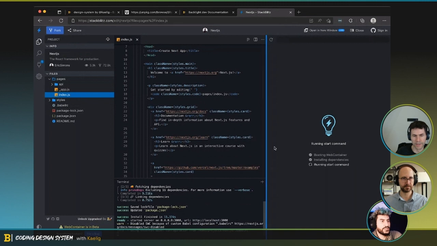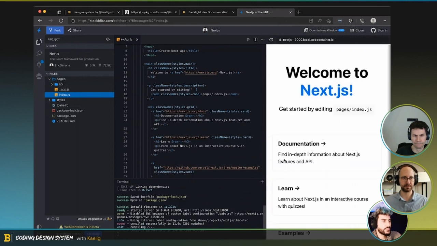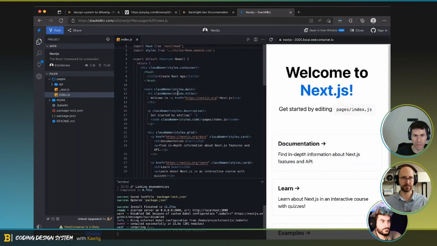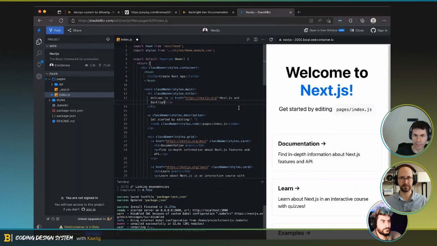Come on. So we can install the design system into the packages in the meantime. Good, so we have the app. Let me just check. Welcome, Next.js and Backlight.